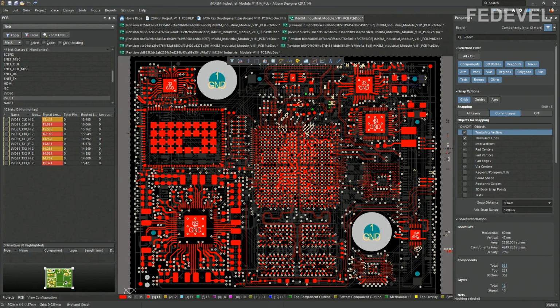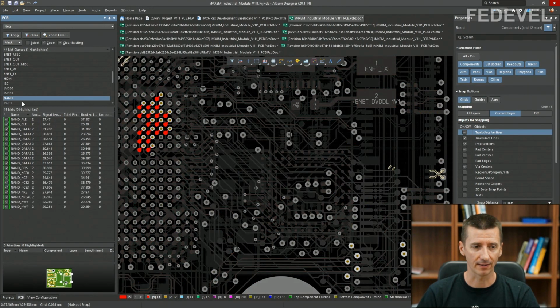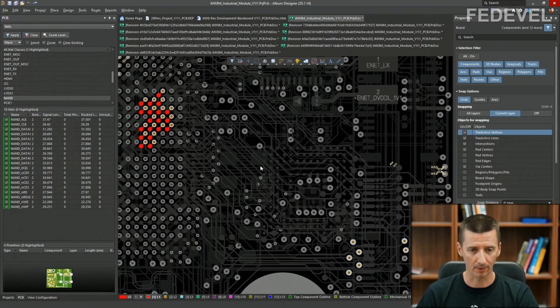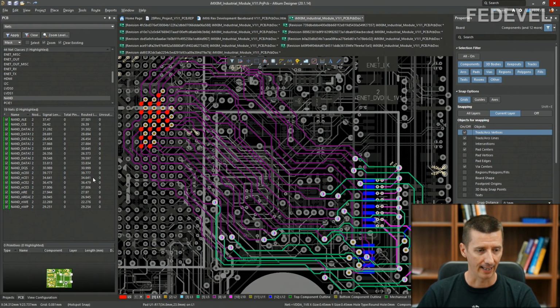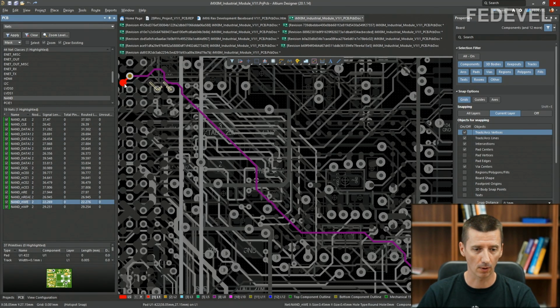And when we are speaking about routing interfaces the same way, have a look at this NAND interface. I'm going to enable all the layers and I'm going to select this write signal. It is routed on top layer, layer 8, you can see it here, and then bottom layer.